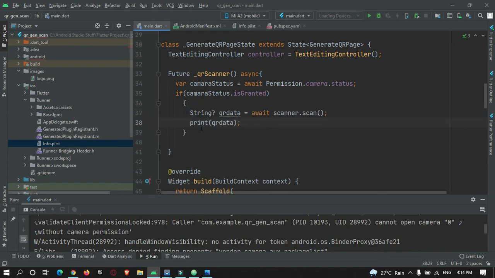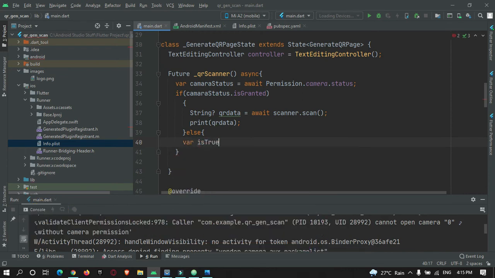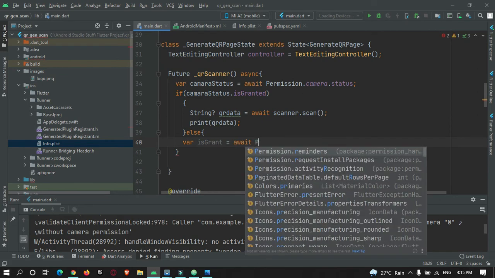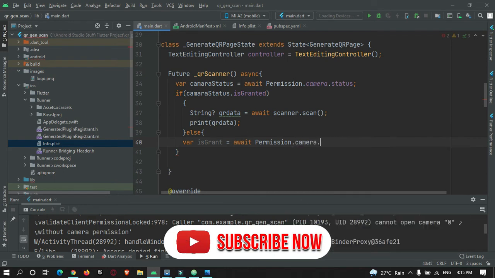If it is not granted, then we must ask the user to give permission to use the camera. For that we will create a variable isGrant is equal to await Permission.camera.request, which requests the camera permission.